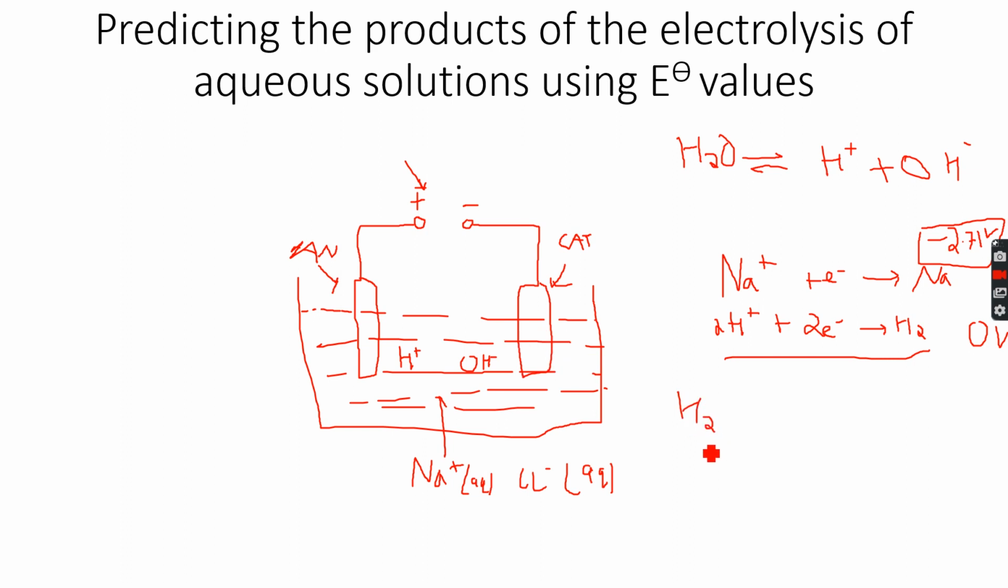So when we had molten NaCl, sodium metal was being formed at the cathode, but when we have aqueous NaCl, then hydrogen gas is being formed at the cathode. Now, for the anode,